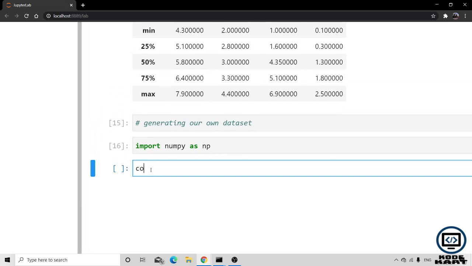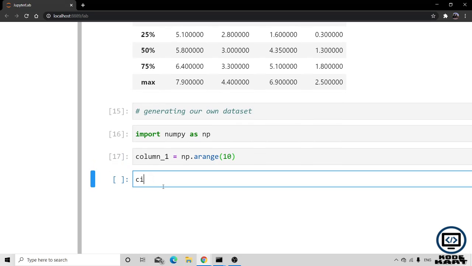I want column 1. Column 1 equals np dot arange. I can do 10, that is fine. I can also generate column 2 with the help of np dot,